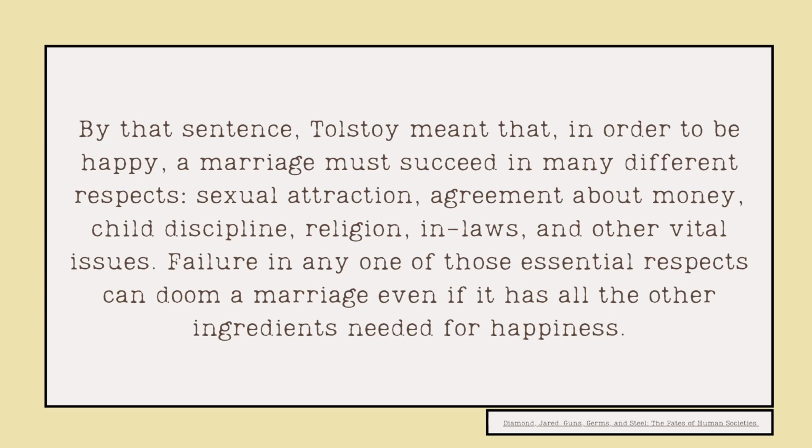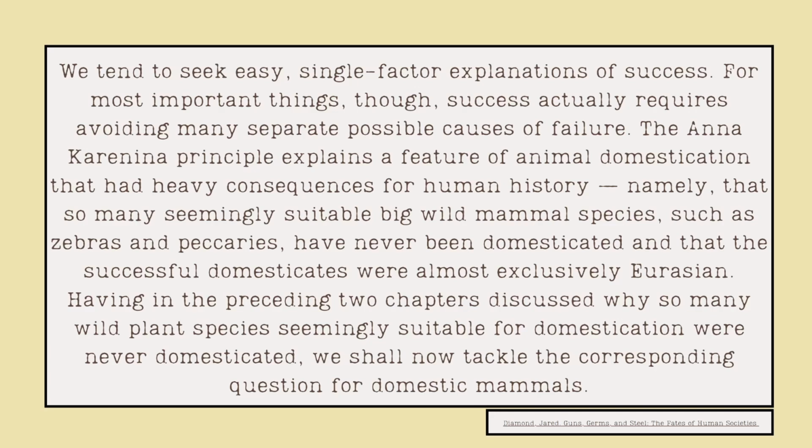And now this also includes more modern approaches to domestication. We tend to seek easy, single-factor explanations for success. For most important things, though, success actually requires avoiding many separate possible causes of failure. The Anna Karenina principle explains a feature of animal domestication that had a heavy consequence for human history, namely, that seemingly suitable big, wild mammal species, such as zebras and peccaries, have never been domesticated,